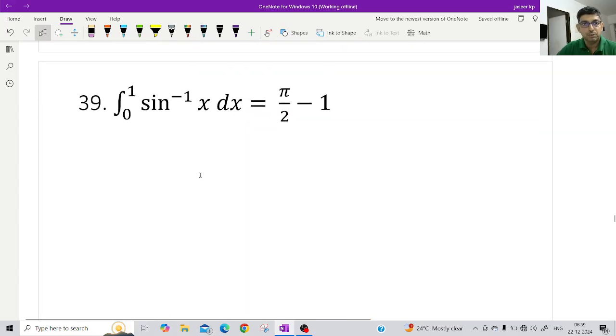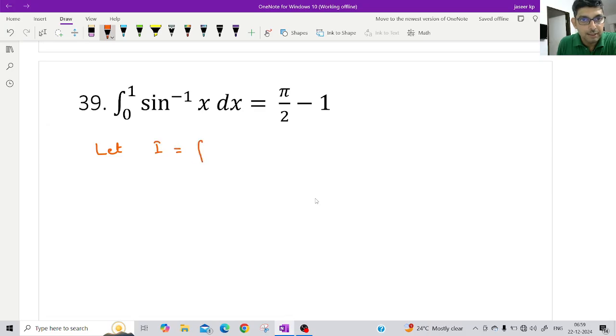Now we'll move to the next one. Integral 0 to 1 of sine inverse of x dx equals pi by 2 minus 1. So let I equal integral 0 to 1 sine inverse of x into 1 dx. Now we'll be applying integration by parts, sine inverse of x as the first function and 1 as the second function. So first function into integral of second, that is x, from 0 to 1, minus integral 0 to 1